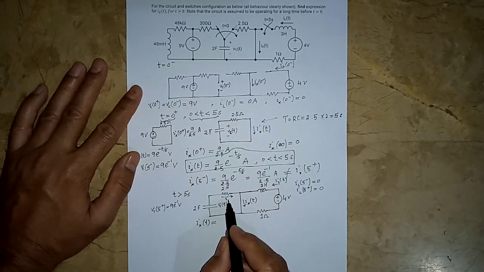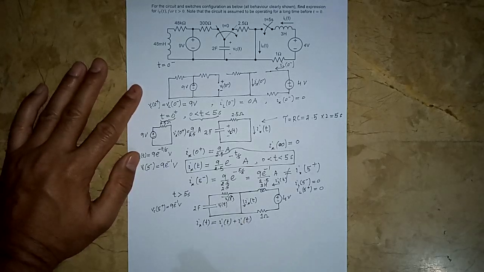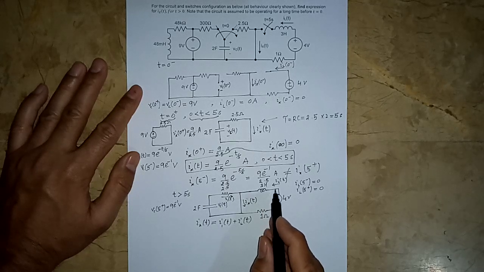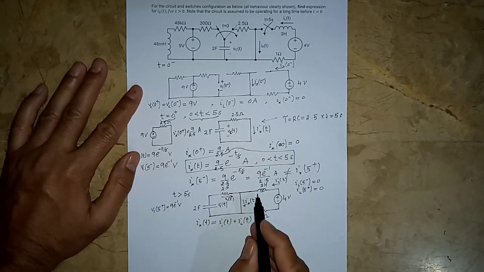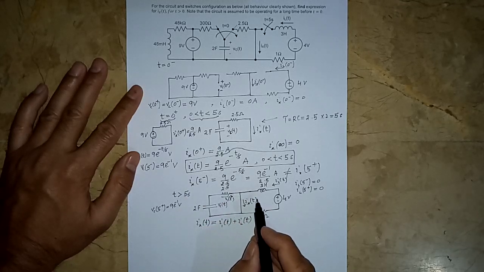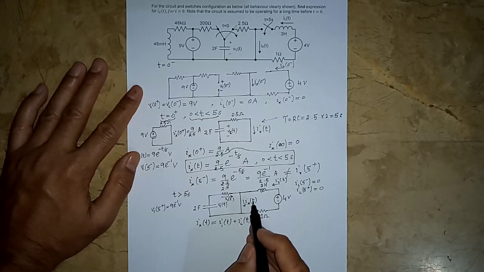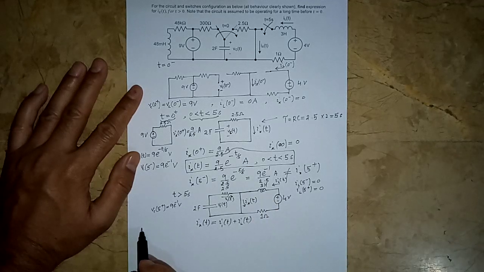Let us call this maybe I1(t), and this current IL(t). So Ix(t) is I1(t) plus IL(t). And one way of solving this circuit now is to treat that this circuit came into being, it started its operation at 0. Although we know it started operation at 5, let us assume it started operation at 0. This would be easy for us to find the expression. And then once the final expression has been found, we will shift all the t's to t minus 5. We will shift t to 5 seconds later. That would be easy.